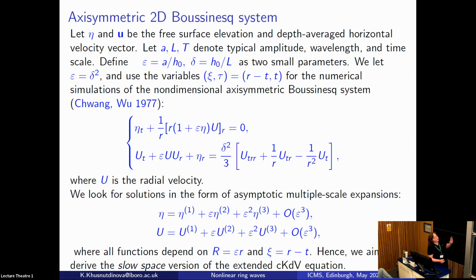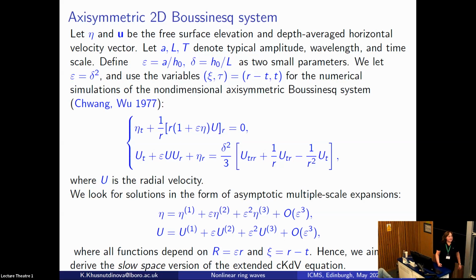I don't know who was the first. To my knowledge, I know this paper, right? If you know earlier references of people who have worked on something like that, please let me know. We're currently preparing a paper. So anyway, that's the axisymmetric Boussinesq system that we are solving, with numerics in the moving reference frame.